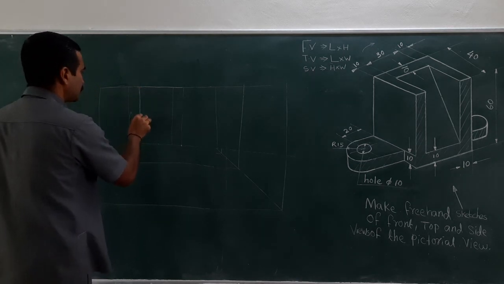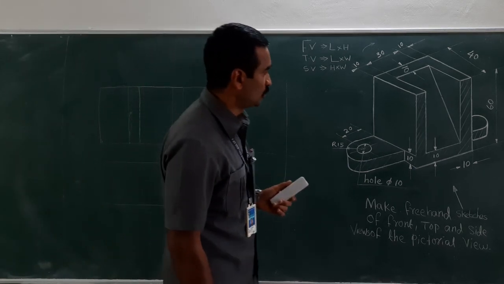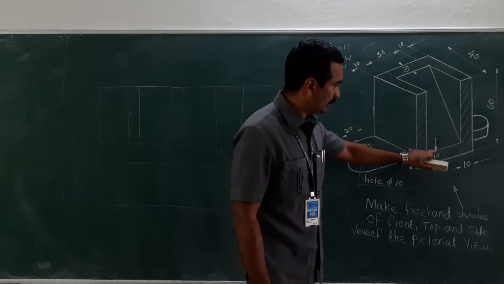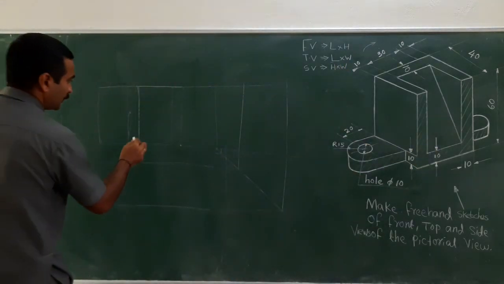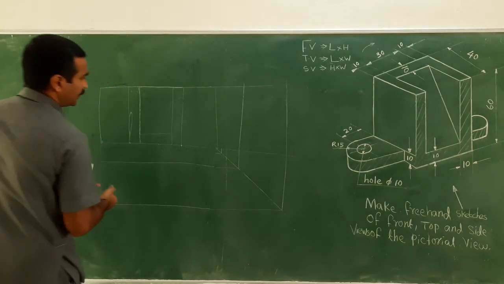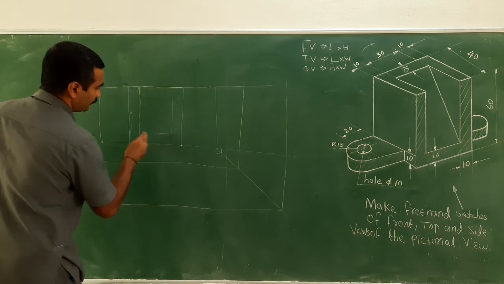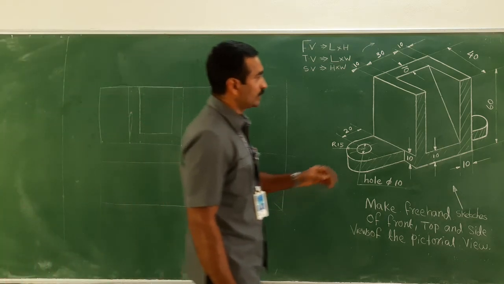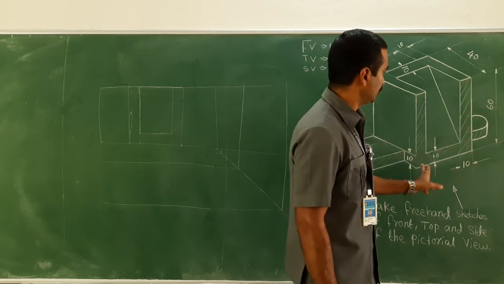Right? It's a freehand sketch, so you must use your pencil alone, should not use any other instruments. So from this portion to the bottom portion is 10 mm height. So therefore take 10 mm from here and erase this, right? So now I have completed this particular portion, the C kind of portion, that is inverted C kind of portion